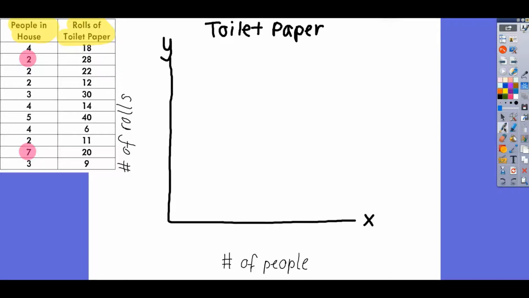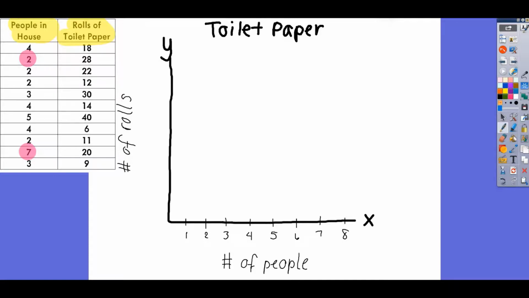Since those numbers are pretty close together and they're both pretty small numbers, I'm just going to count by ones on my x-axis. So I'm going to say this is 1, 2, 3, 4, 5, 6, 7, and then I have a little bit of extra room, so we'll put 8 there, even though there are no houses with 8